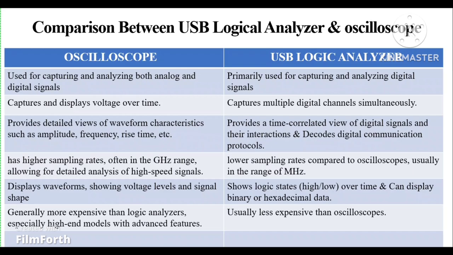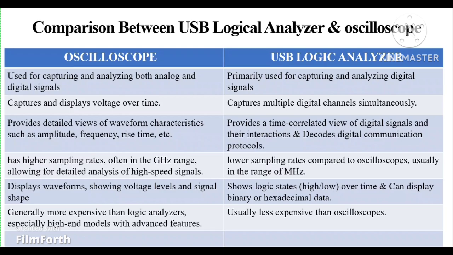So the comparison between oscilloscope and USB logic analyzer is as follows. Oscilloscope is used for capturing and analyzing both analog and digital signals, but the USB logic analyzer is used for capturing and analyzing digital signals. An oscilloscope captures and displays voltage over time. A USB logic analyzer captures multiple digital channels simultaneously. The third point of the oscilloscope is that it provides a detailed view of waveform characteristics such as amplitude, frequency, rise time,